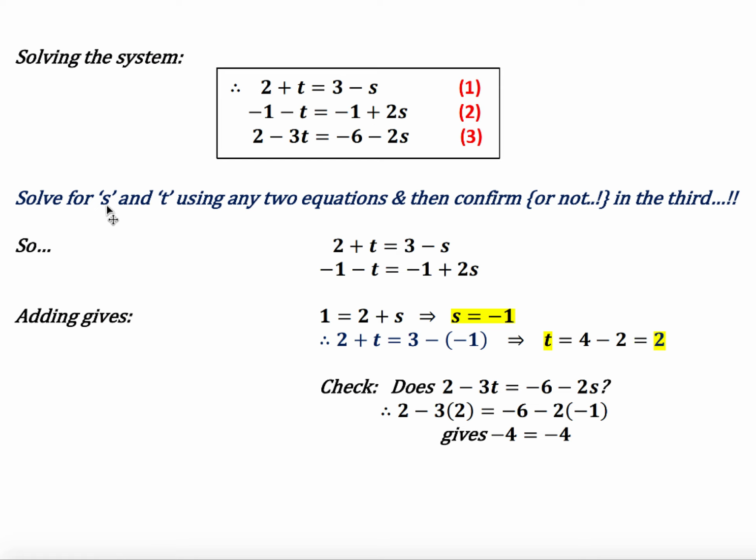You solve for the 2 unknowns using any 2 of the equations, and then you have to confirm the s and t values that you find using any of the 2, and I'm going to use the first 2. You confirm them into the other one to make sure that it balances it out. And it might not balance it out, but that's a story for another podcast. So I've taken equation 1 and equation 2 and said, okay, 2 equations, 2 unknowns, namely s and t,